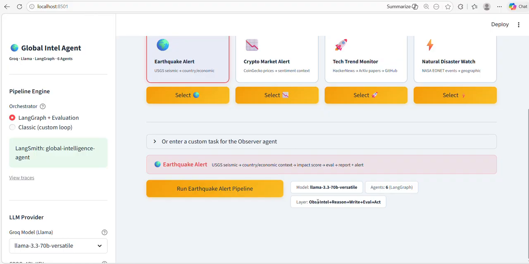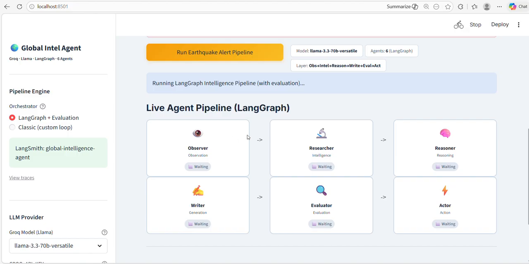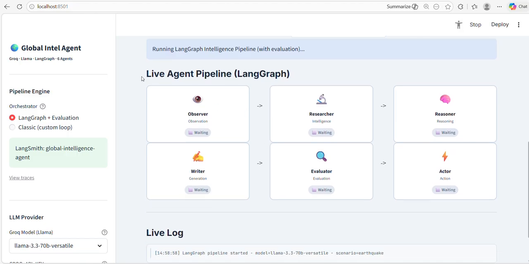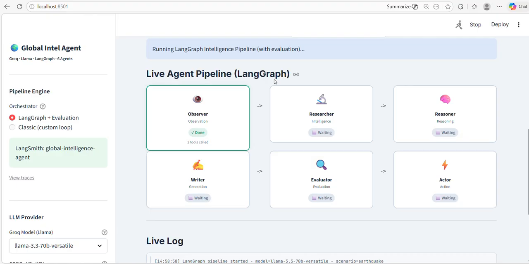There are six agents, and Llama 3.3 is the model used. These are the layers. This is the workflow. So let me kick off. This is the live agent pipeline. It is using LangGraph. You can see here it is running, and the observer agent